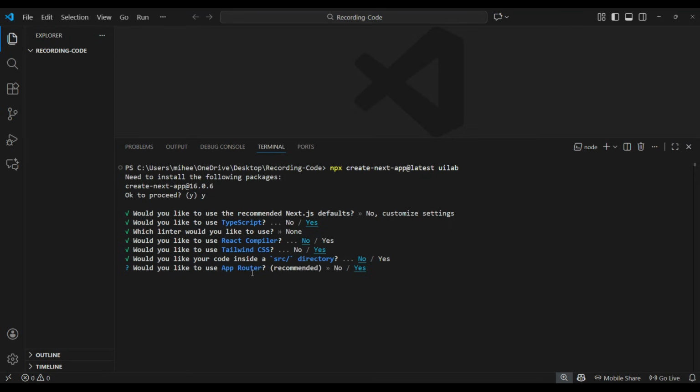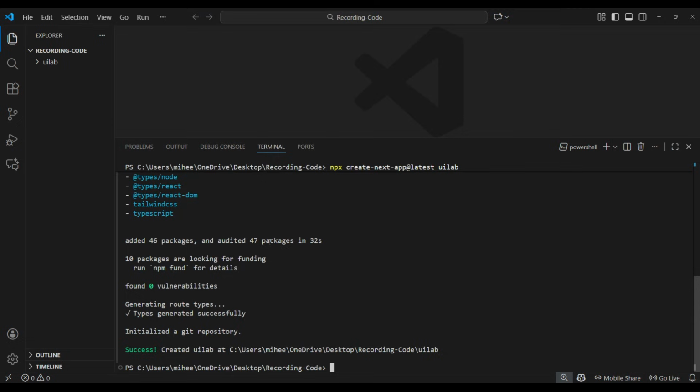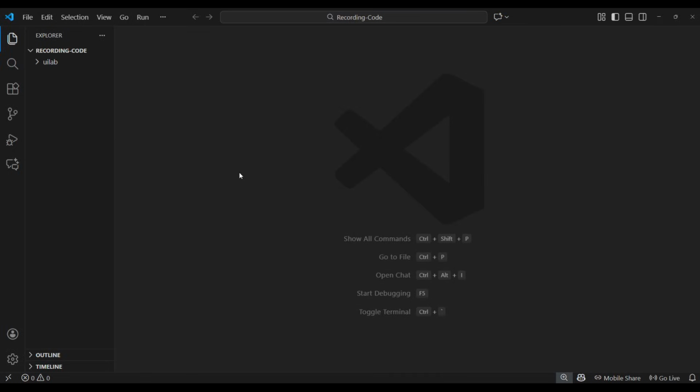You can see the options that I'm selecting here, and after all the selections, when you press enter, the installation will start and complete under the ui-lab folder. So the installation has now completed, and you can see that everything is going well. Now we need to move into our project folder, which is ui-lab. So let's move to that. I'm moving to ui-lab and opening the